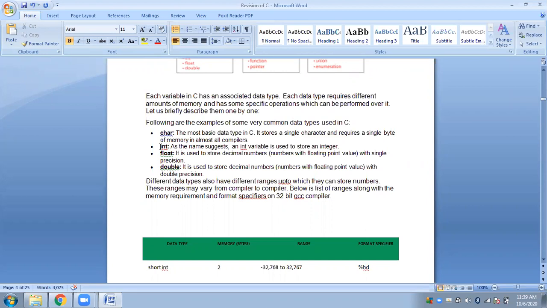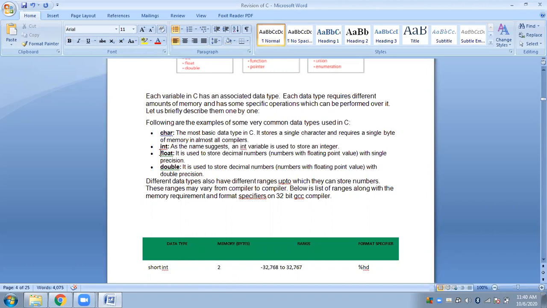It cannot have a decimal part. As I said, the size depends on the compiler. Earlier, 16-bit systems used 2 bytes to represent integer data. Now int uses 4 bytes to represent an integer value. We have a table below that we will look at.